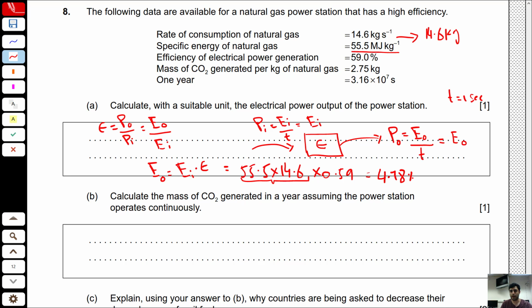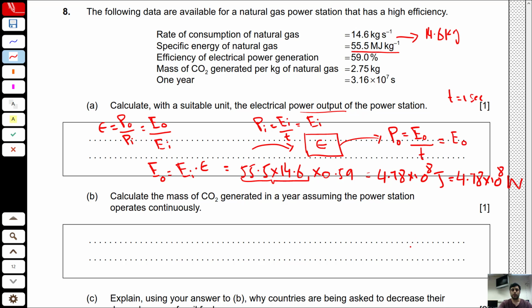4.78 times 10 to the power of 8 joule. But as we already know that we take time as 1 second, so if you replace this t by 1, your output energy becomes equivalent to output power. So there we have it. This is just equivalent to output power also, because we take time as 1 second. So for output power, we have